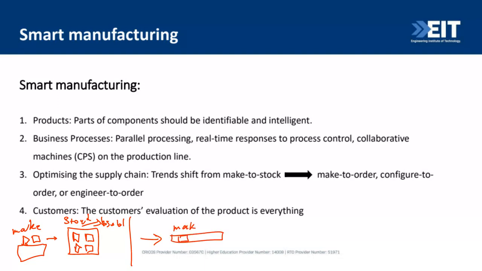We make the product if there is order. We don't make product to stock them and then sell them. If there is order, we make the product. Or we say configure to order. What does it mean by configure to order? It means that